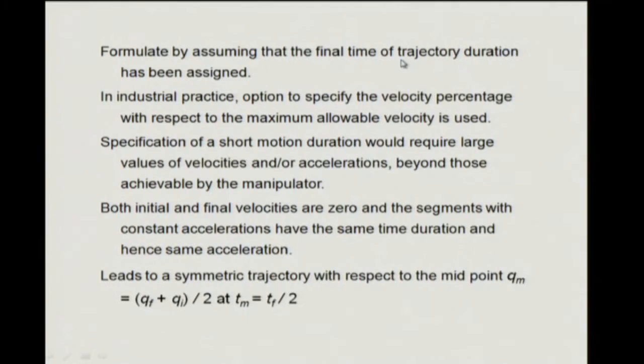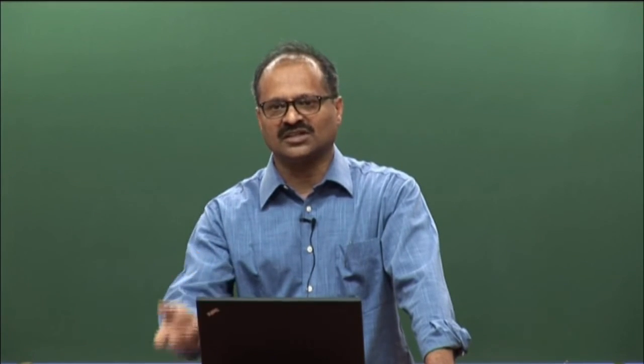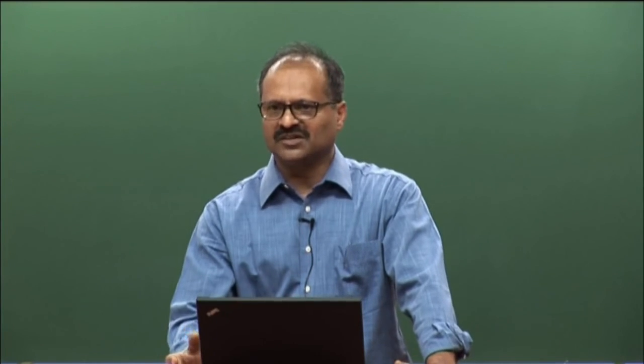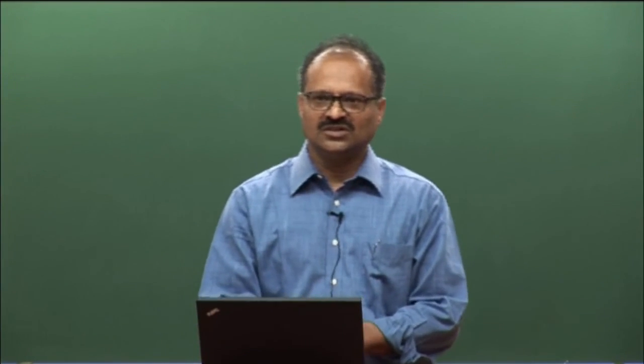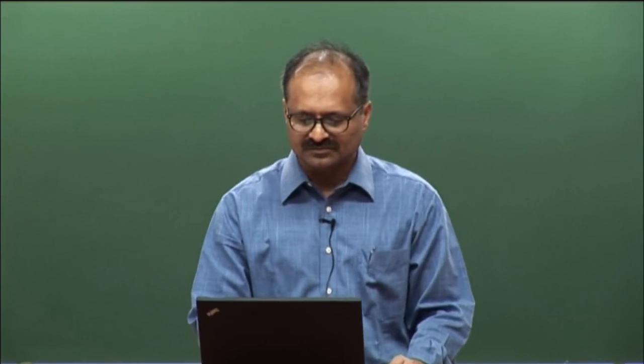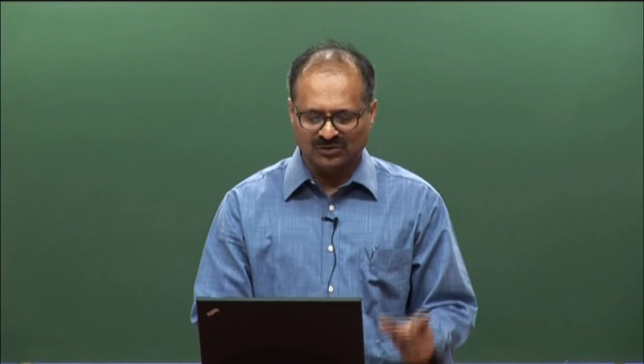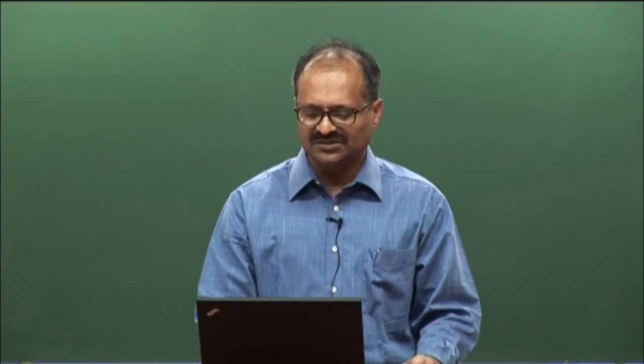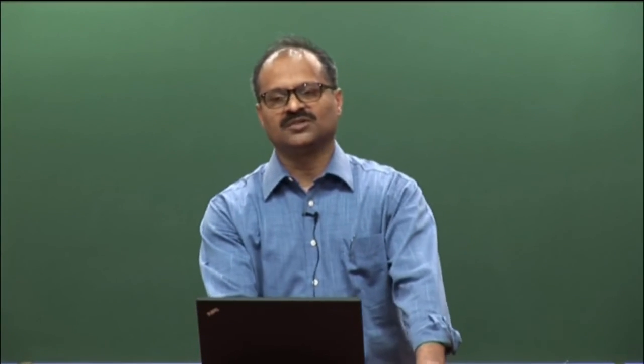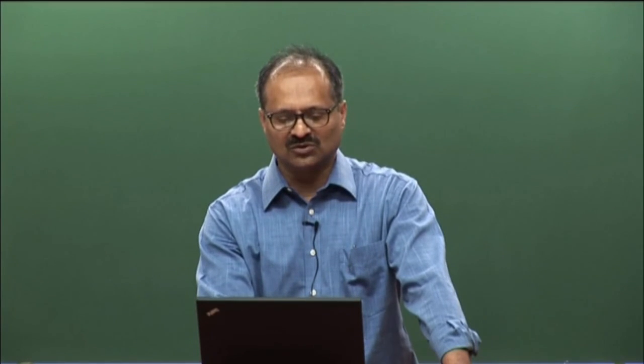So, the formulation goes like this, you formulate by assuming that the final time of trajectory duration has been assigned, and usually you will assign the velocity that I talked about not by specific absolute velocity, but usually in percentages of the peak velocity that can happen at the joint. So, that is very safe and gives you an estimate of how much you are loading the joint. And if you reduce the motion duration, you will require large values of velocity and or acceleration beyond those achievable by the manipulator. Okay, so, you do not want to do too short a time,